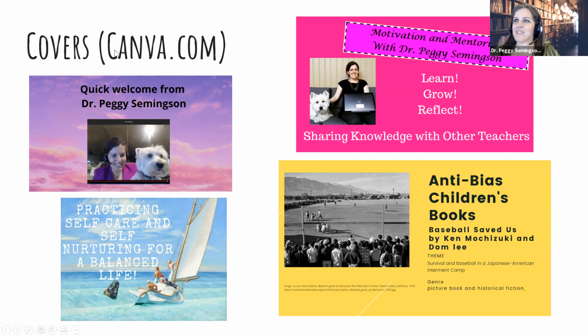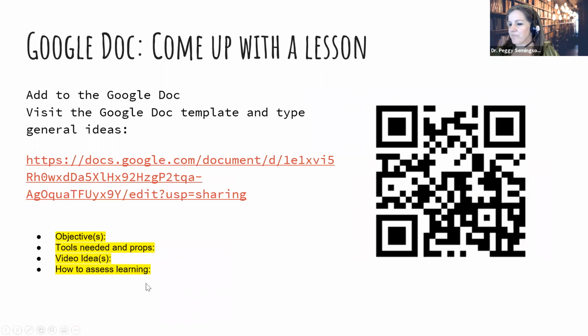And it's free. So if you go to canva.com, you can click a YouTube thumbnail and make a cover with the name of your agency and the name of the video and whatever background you want to use, maybe your logo. And you can have some standardization to what those videos look like on the title slide. Otherwise, you're going to have a random picture on there of somebody's face, and it may or may not be flattering in terms of what YouTube captured for that screen grab. And so I really encourage you to use covers for your videos. They'll help too when students are looking for those videos on your YouTube channel.